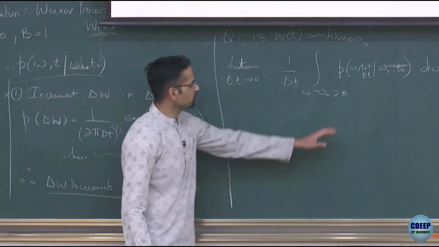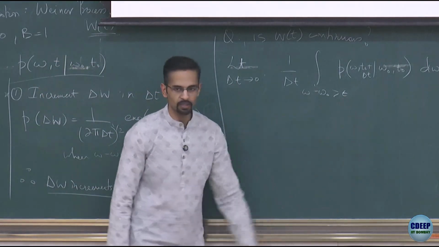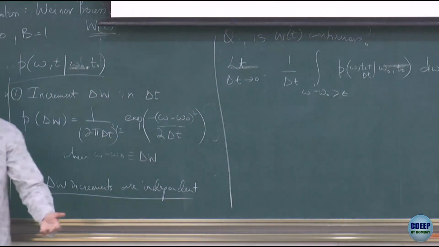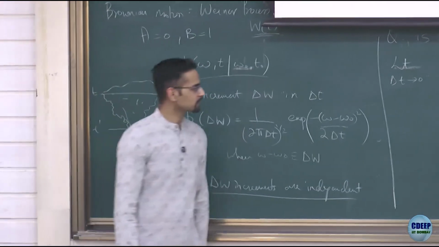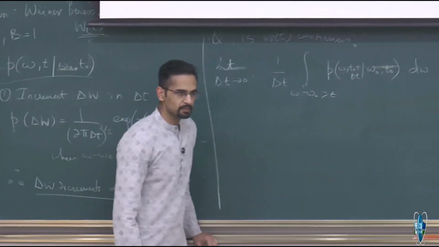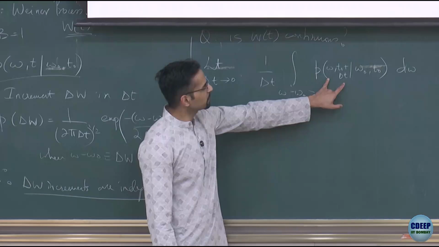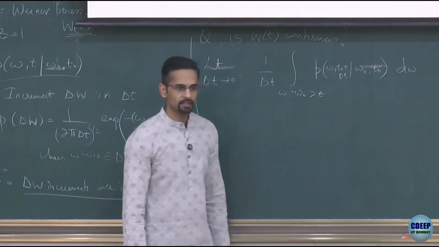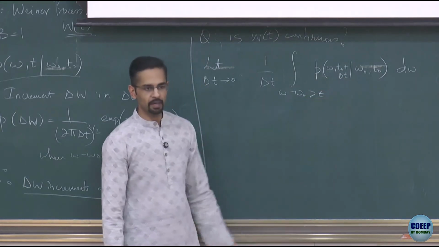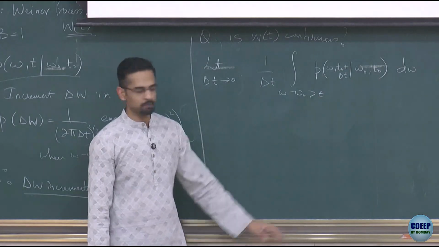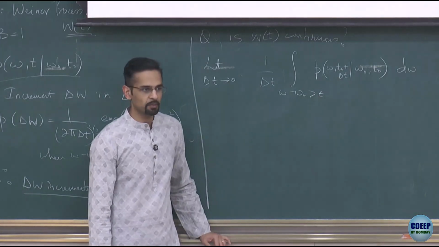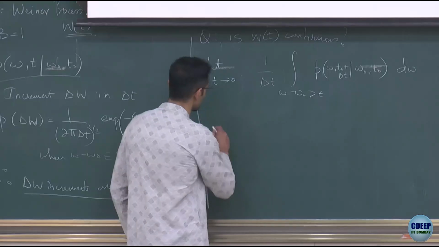But remember, I'm asking what is happening if epsilon is arbitrary, I can choose epsilon however I want, right? Something non-zero. But now we know what P is as delta t goes to 0, right? It's given by its initial condition to the Fokker-Planck equation, because this P satisfies a Fokker-Planck. So then I can write this